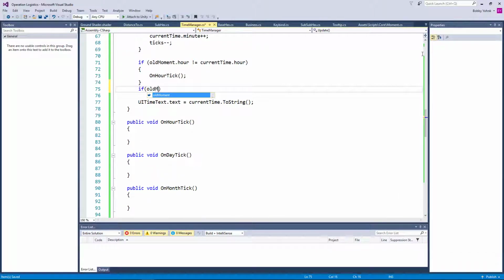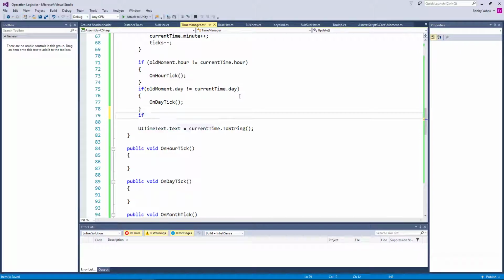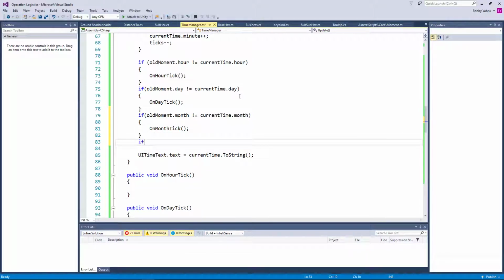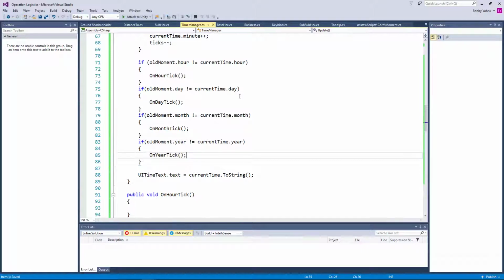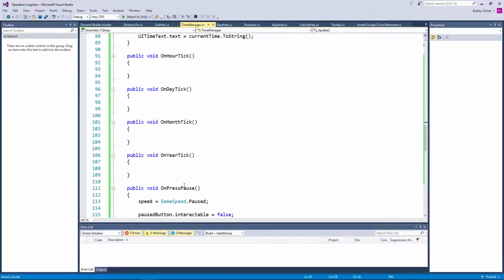So if old moment dot day is not equal to current time dot day, then we will run on day tick. There we go. If old moment dot month is not equal to current time dot month, on month tick. If old moment dot year is not equal to current time dot year, then we will do on year tick. Okay. So every time that an hour, a day, a month, or a year ticks over, one of these functions